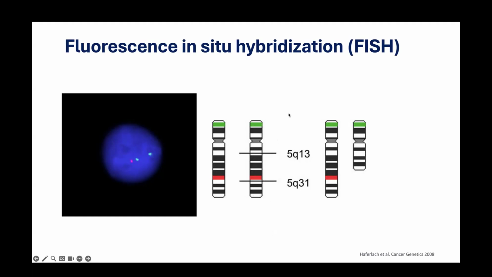Now, how we look at this very specifically is we have these specialized probes. And as you can see here, one probe is put in the green color and one probe in red. So you would assume that if someone has this entire chromosome, they should have both the green and the red, right? But what happens is sometimes that Q falls off, that abnormality in MDS.